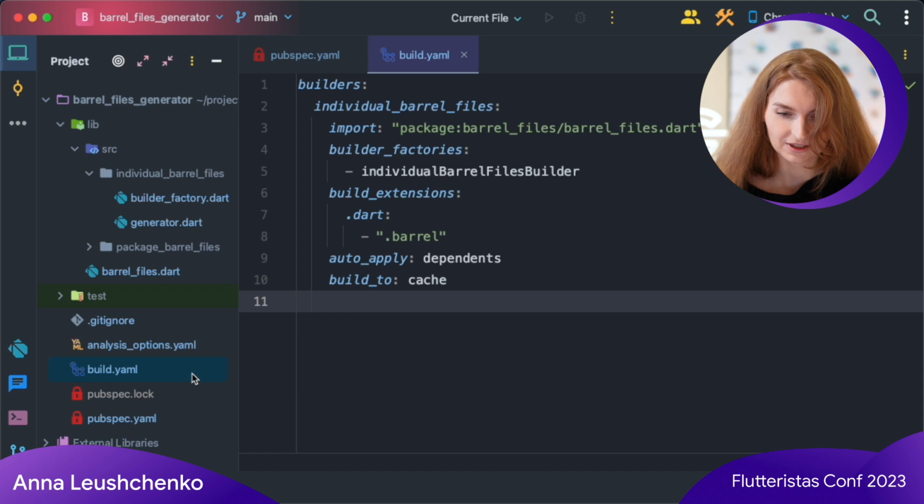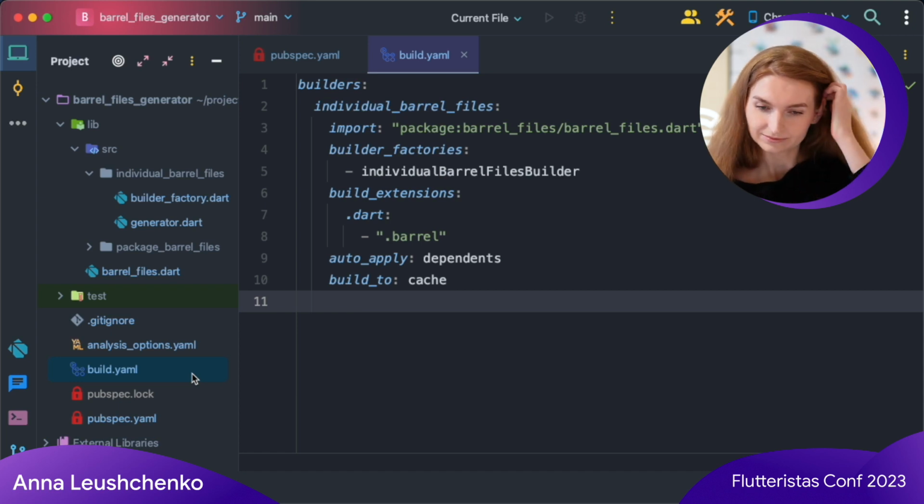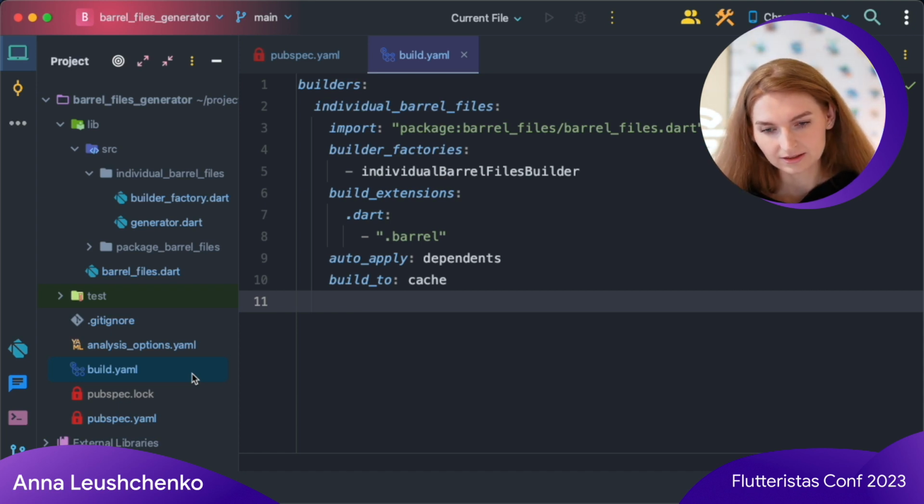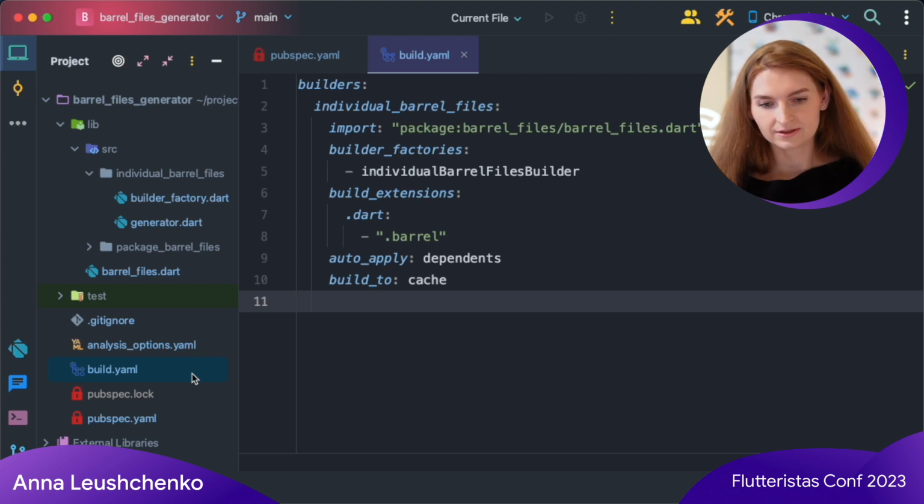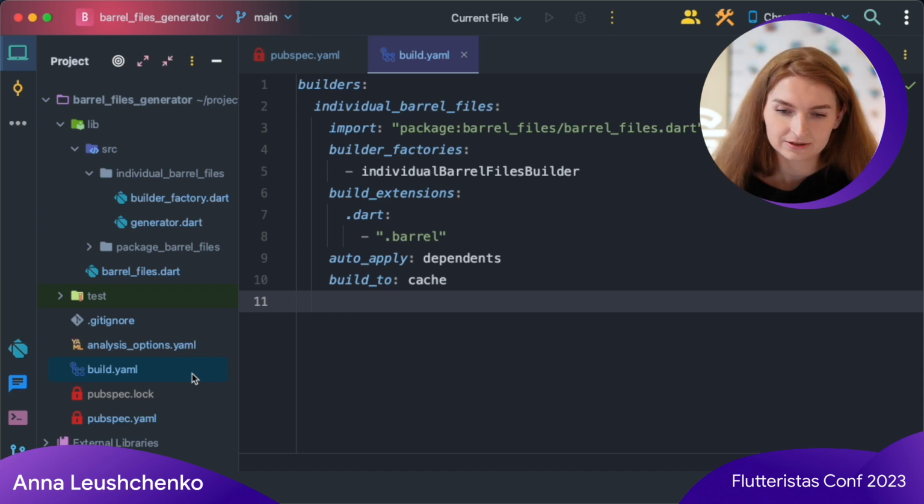Every code-generating package has to have a build YAML file that contains declarations for all its builders. Here is a declaration of my first builder. I called it individual barrel files. It is a builder that will walk through every individual file of the package, looking for our custom annotation.